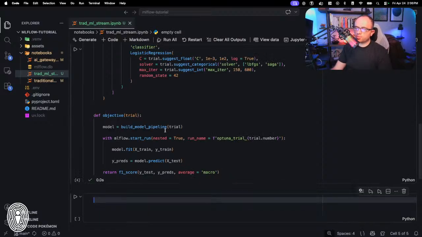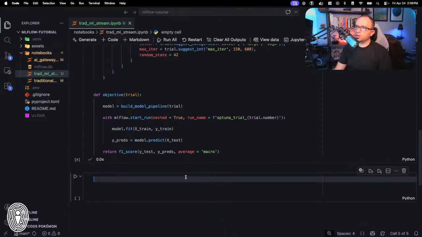Okay, so that is setting us up for Optuna. Pretty simple in terms of actually working with MLflow, and then we'll actually look at this in action here in a second. Okay, so let's actually go ahead and run the Optuna study here. So the way that we do that is study equals optuna.create_study, direction equals maximize, and then the study name is going to be iris log reg optimization.